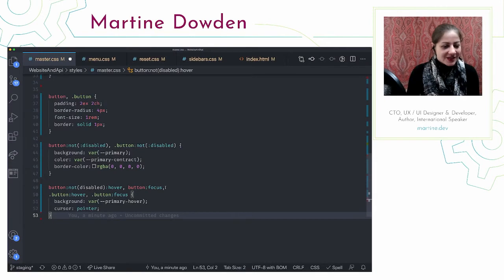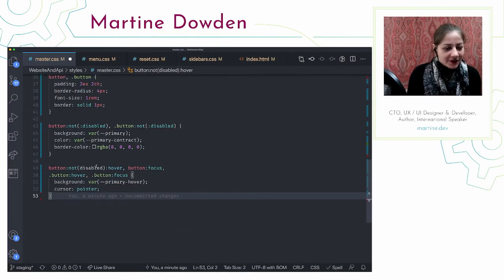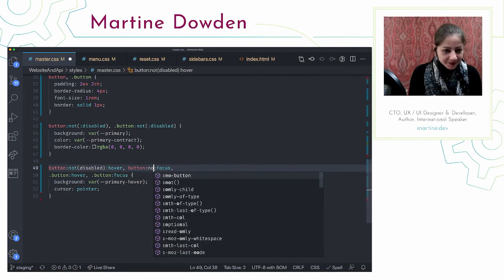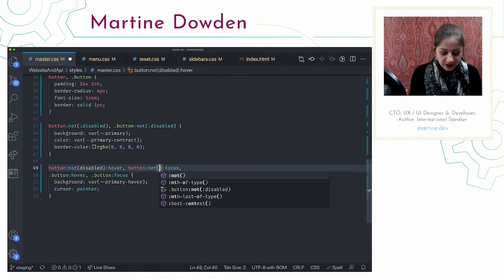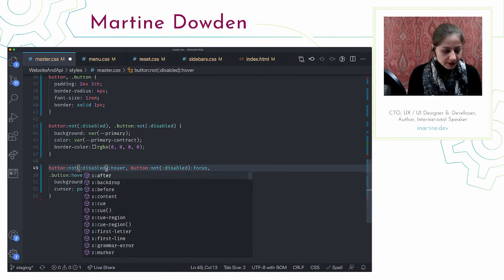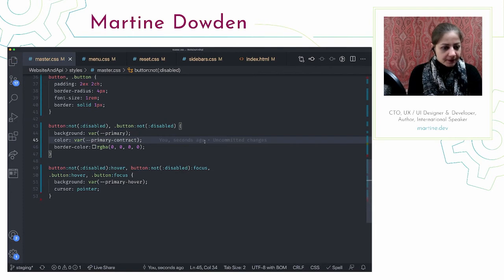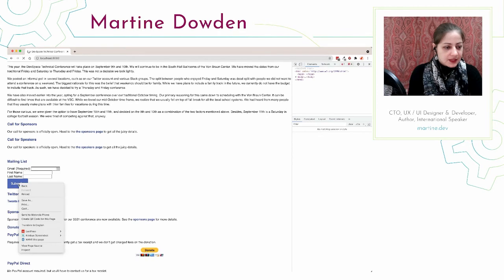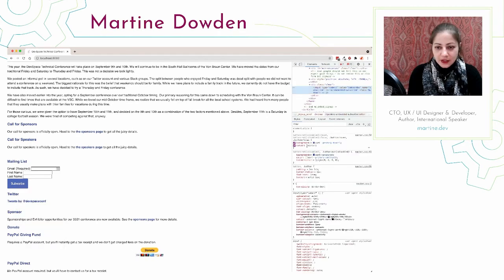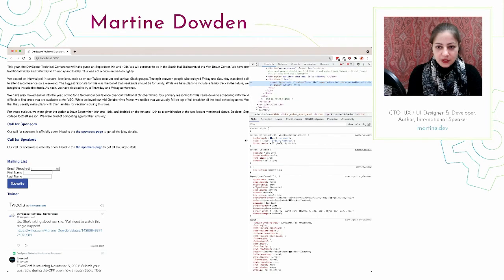Oh right, we were dealing with disabled. That's what we were doing. Okay, so we have our not disabled, awesome, and we have our hover, and we're going to do our not disabled here as well. Now this may or may not, for a link, affect them because you can't just disable a link. But there we go. And there we go. So now, if I were to go ahead and make this button disabled, let's go ahead and just do that in the tools.